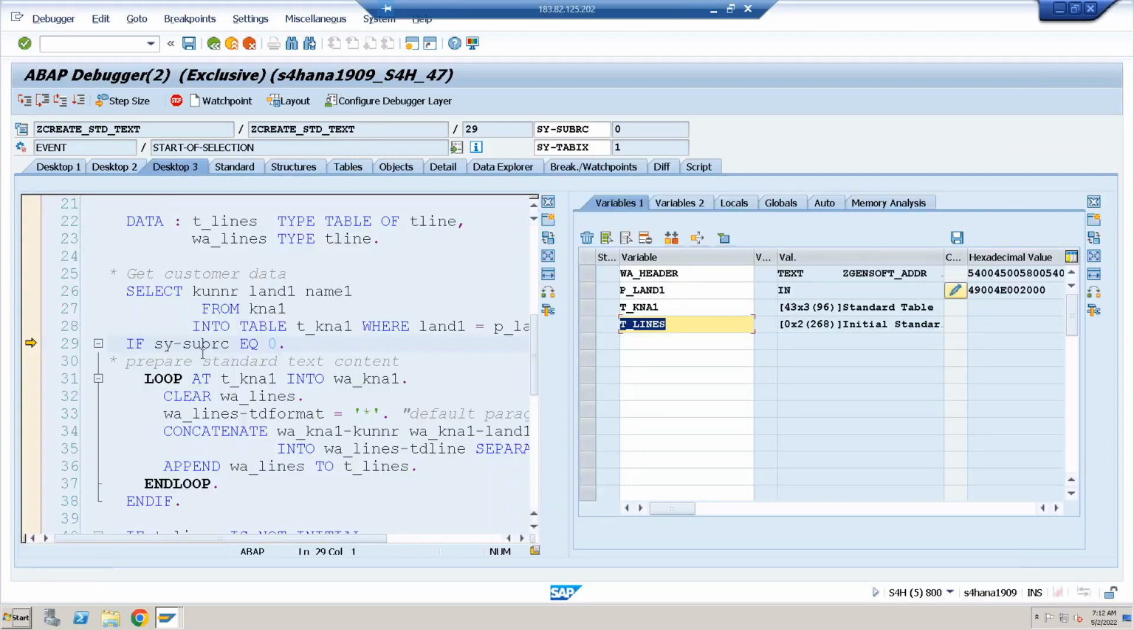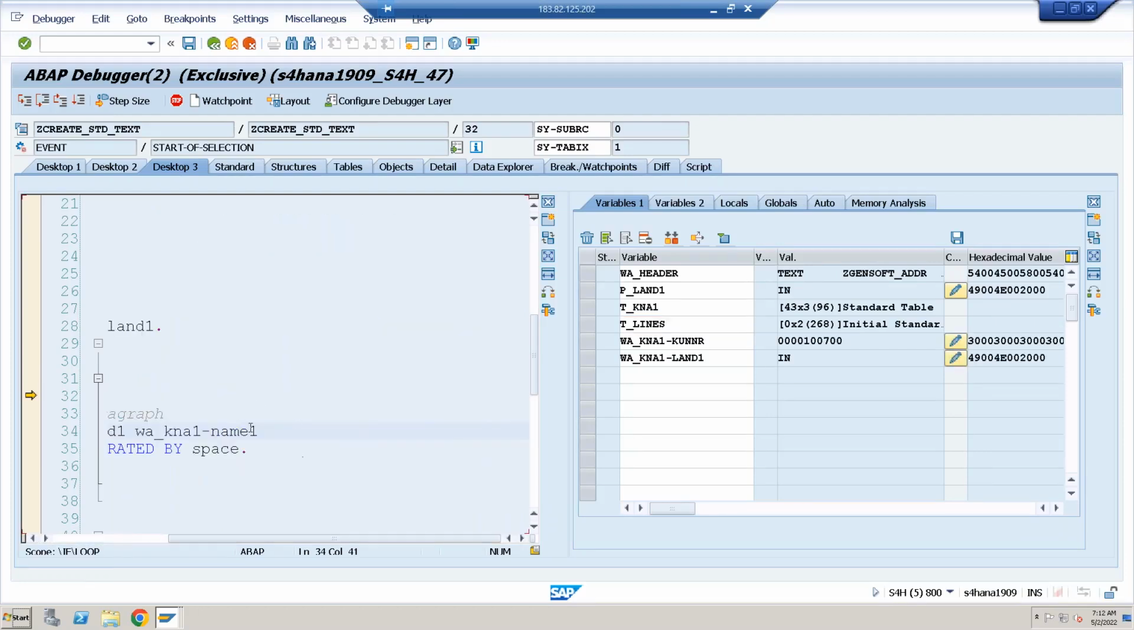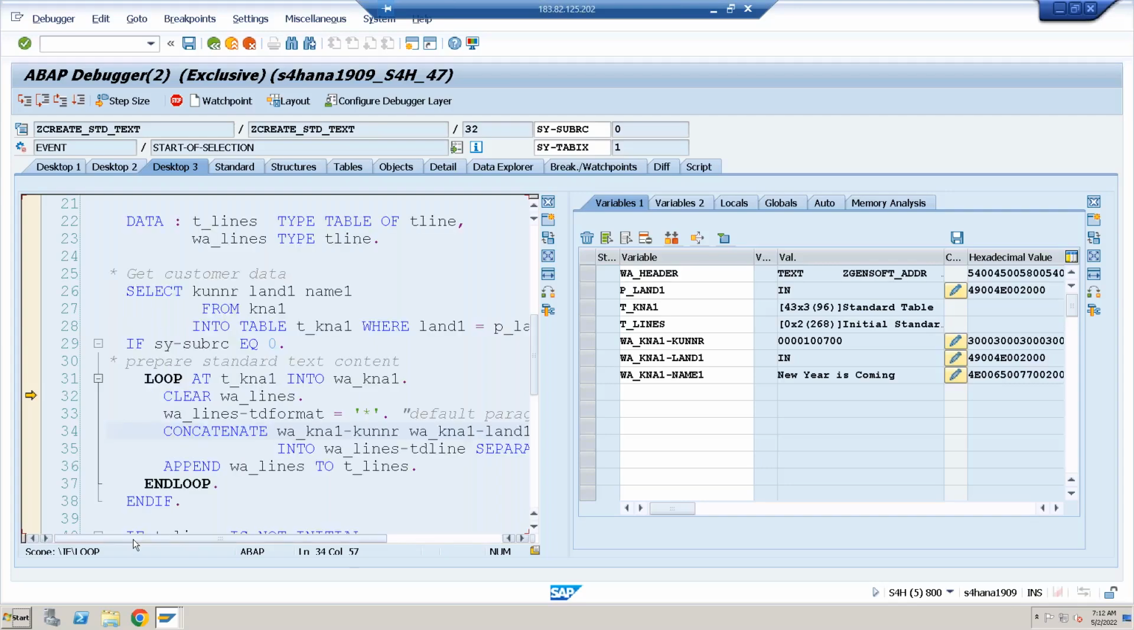So I'm looping that internal table into a work area. I'm looping, so each record will come to the work area fields: customer number, land one, and what else? Name one. Okay, so when I loop, each record will come to that. I'm setting this TDFORMAT as star, and I'm concatenating. See here, I'm concatenating, putting in W_LINES-TDLINE. So when I say F5,